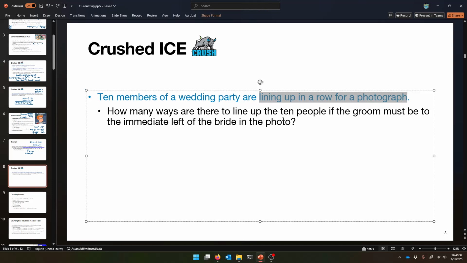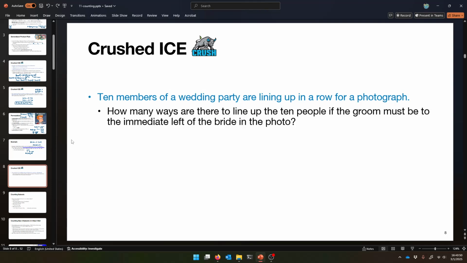But they want to make sure that, of course, the bride and groom are together for this wedding. So they're going to try and keep them the same. And the question is, how many ways are there to line up the 10 people if the groom, like we got to get their good side. So let's say that the groom has to be immediately to the left of the bride in the picture. All right, so you can put them anywhere as long as the groom and the bride are next to each